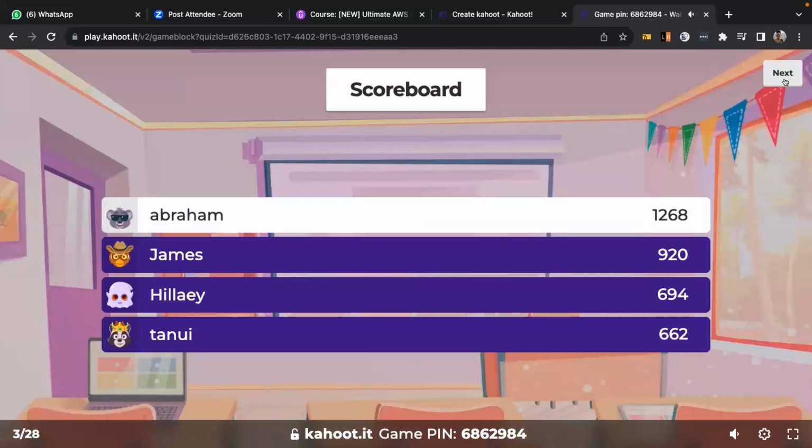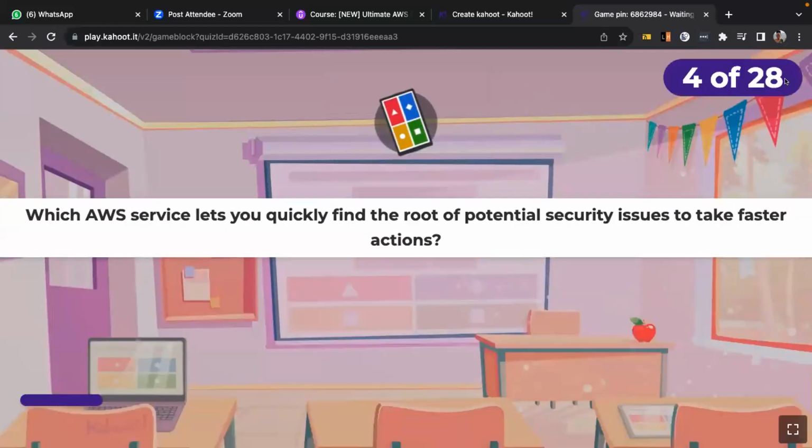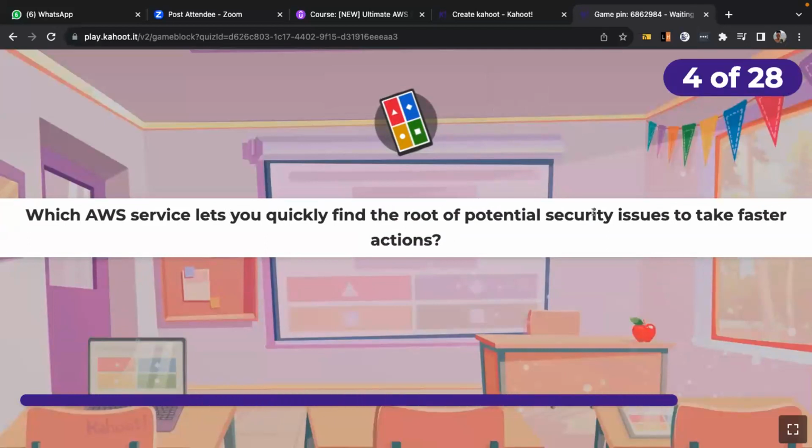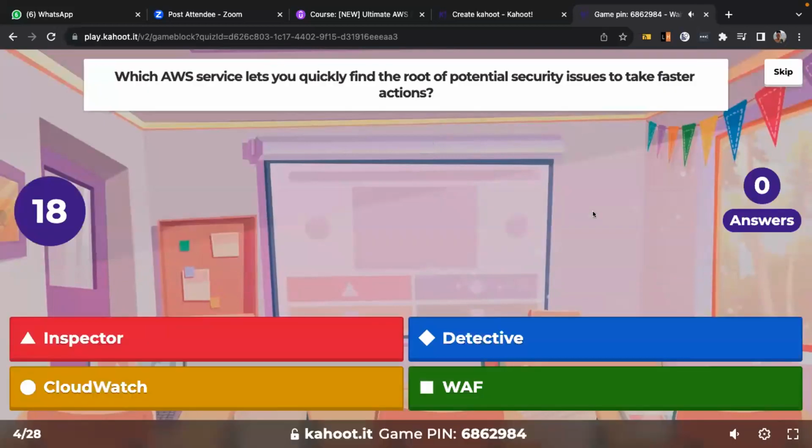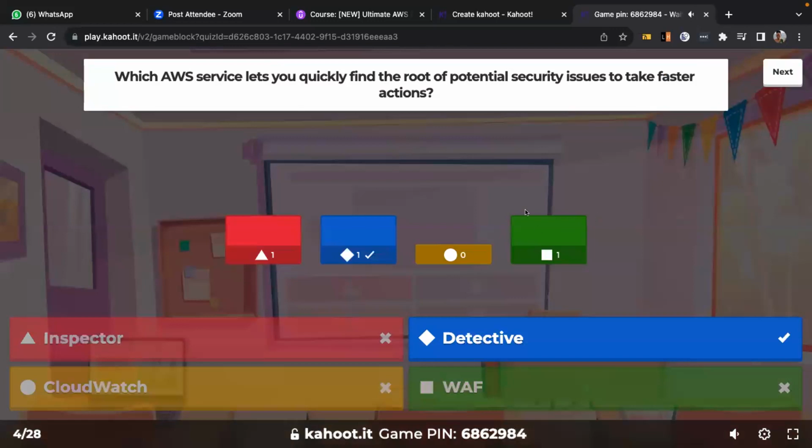Okay, Abraham still on the top. So let's go to the next one. Which AWS service lets you quickly find the root of potential security issues to take faster actions? Okay, so Detective, someone got it right.